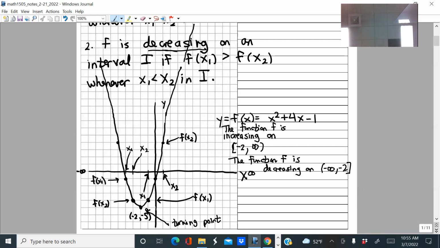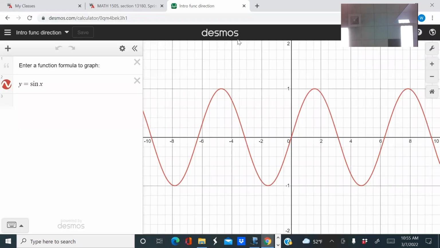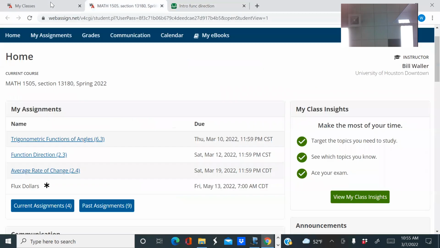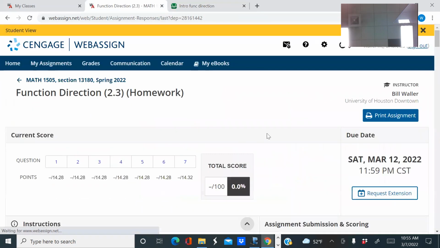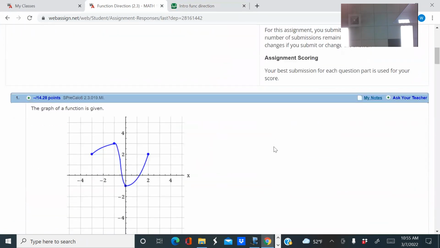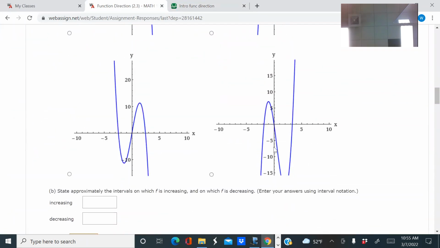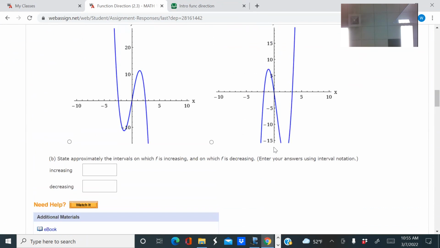Shall we try it? Let's try it, because that's going to be the very next homework. So let's open it and see. I haven't had people in prior semesters complain about this. So either they figured it out and just didn't ask me, or